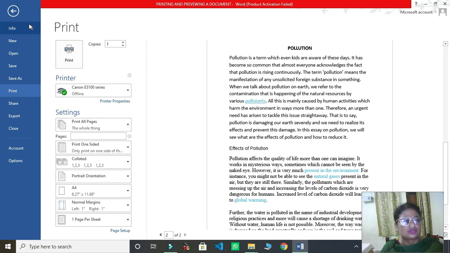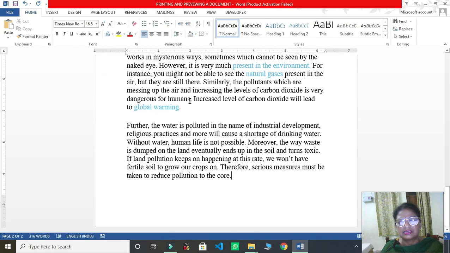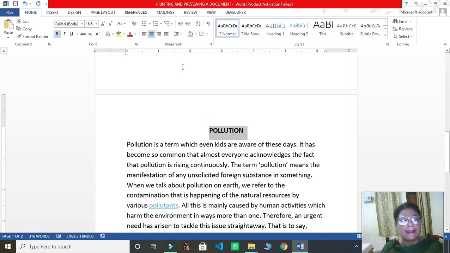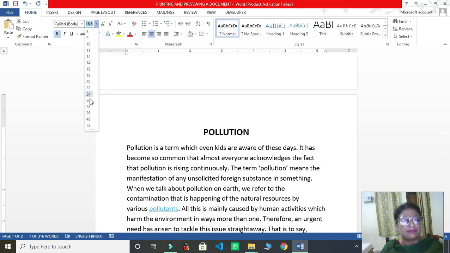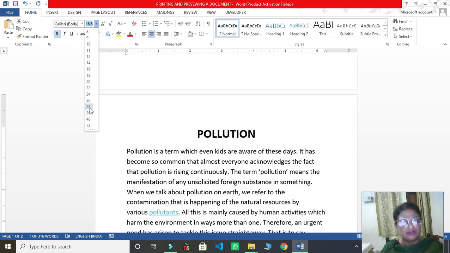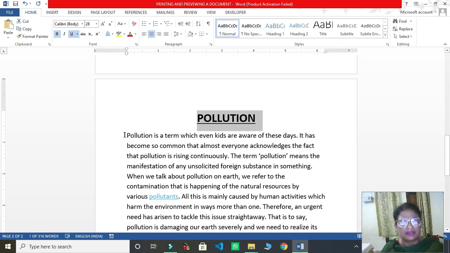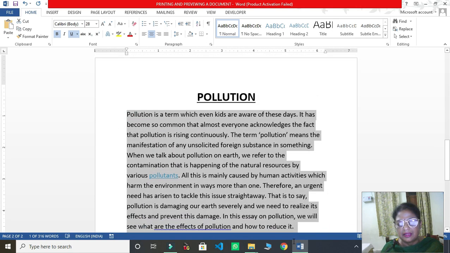But you want to set some other settings. Let us see. If you want to make some other changes, now I want that my heading should come little big. So I can make it big by using font size, and even I want that my heading should come underline also. So we'll give underline, and even I want that my fonts should come little big.